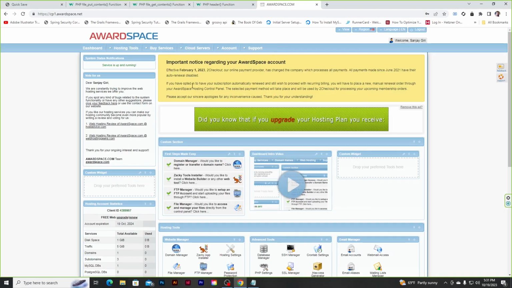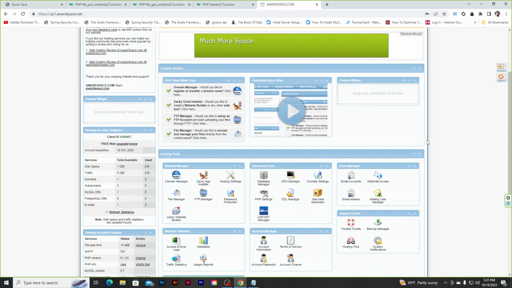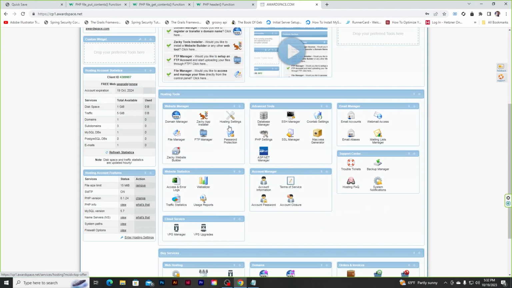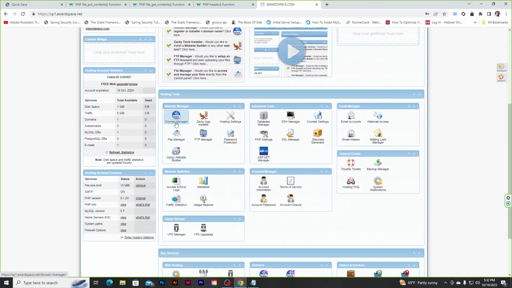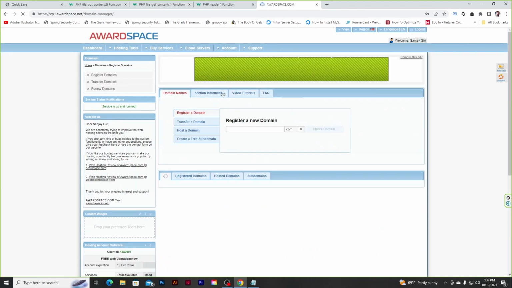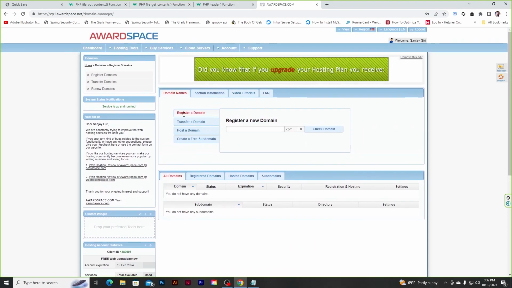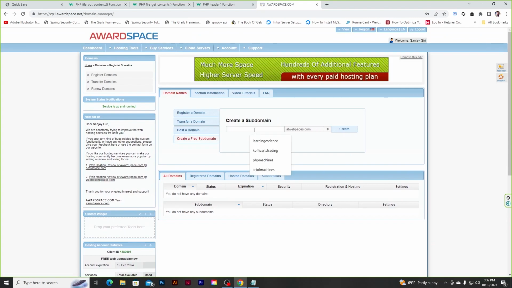So after creating an account in our space, the first page you will see looks like this. So the first thing you need to do is you need to go in domain manager and you need to create a URL for our page, for our machine. So you have to select create a free subdomain, and let's name our website. So let me name phpmachines.atwebpages.com. So if I click on create,